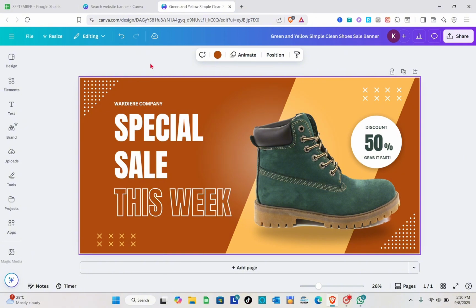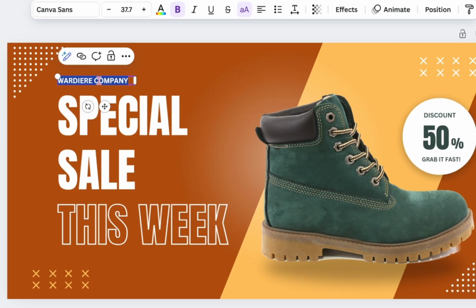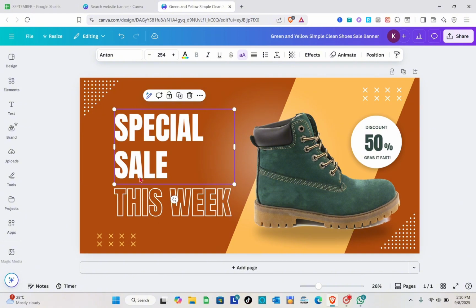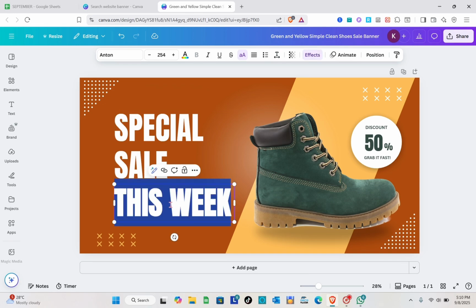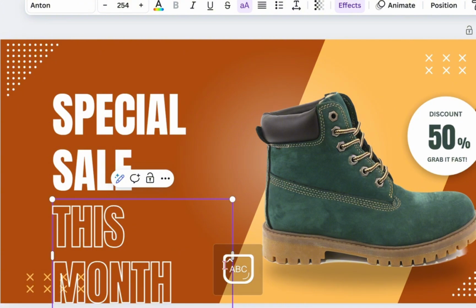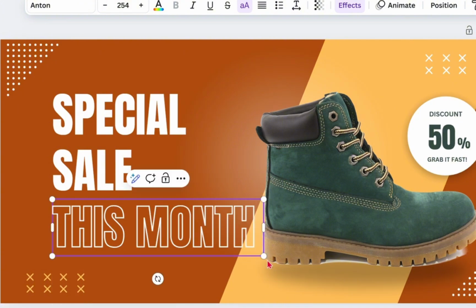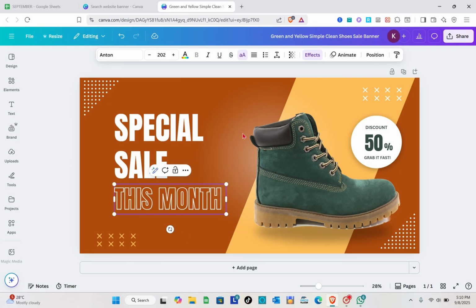Now, the next thing that we are going to do is add text or change the words right here, for example, the name of your company. Just simply erase this one. If you don't have a name for your company, then you just have to create this banner alone. For example, let's change this to this month. Then you just have to adjust this section, and you can resize this as well. You can also change the discounts here. So say for example, we only have